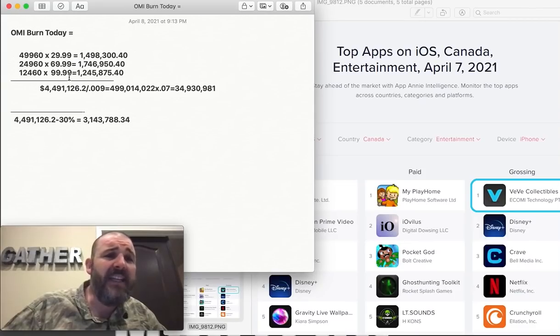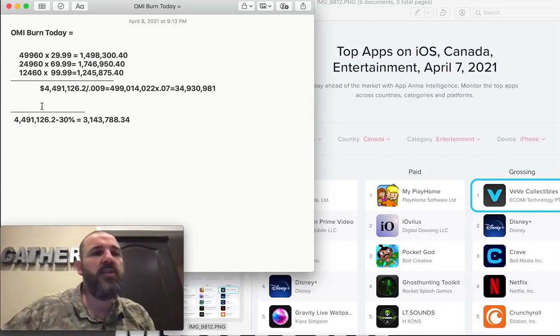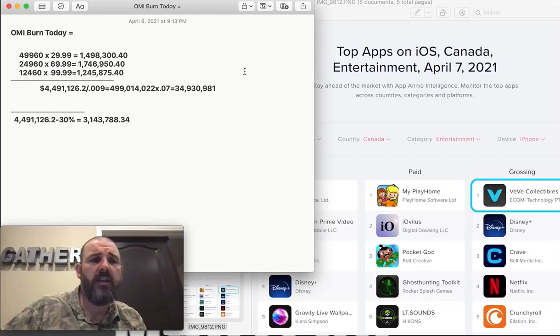12,460 times $99.99 for the ultra rare, $1,245,875.40. That brings us to a grand total of $4,491,126.20. And what I did is I just picked randomly a 0.009 for the amount to divide by to see how many OMI were burnt,